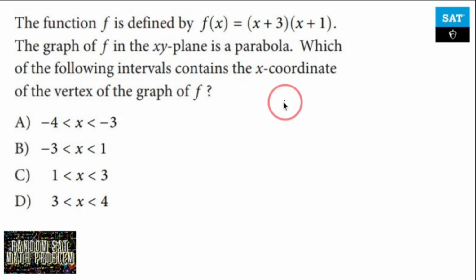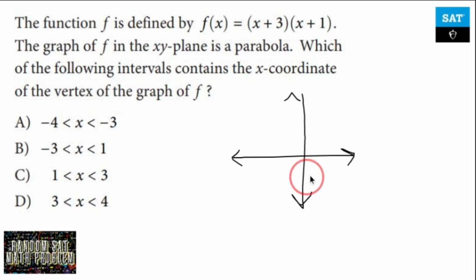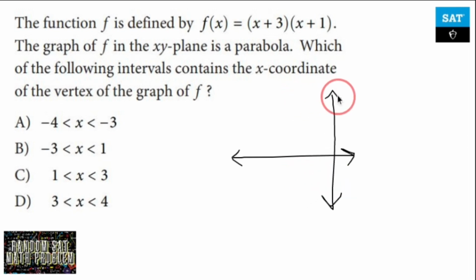All right, so let's make this as simple as we can. When a parabola is given to you in factored form, I know what my zeros are. My zeros are going to be -1 and -3. If you're wondering why negatives, it's because the zero product property says that if I have 0 equals that, then my roots,